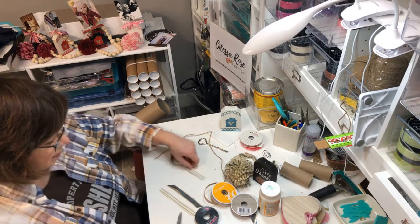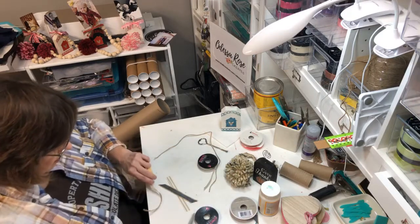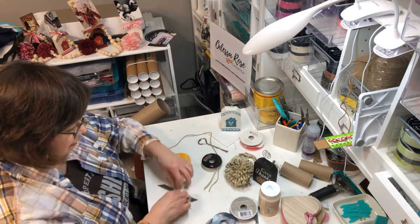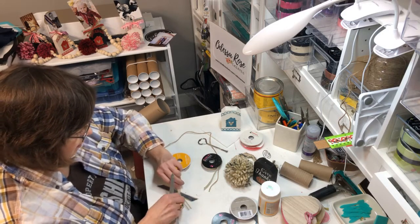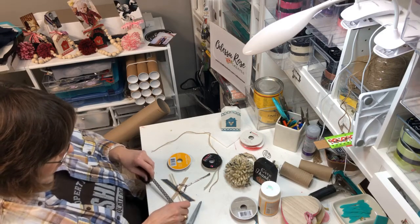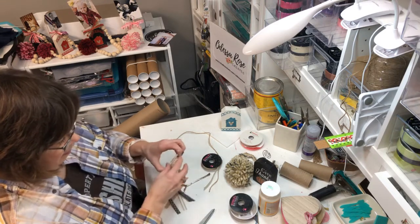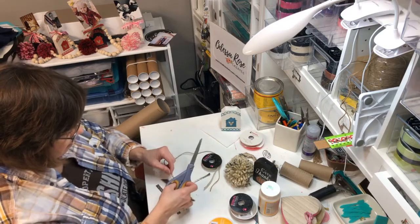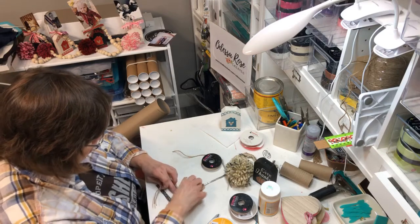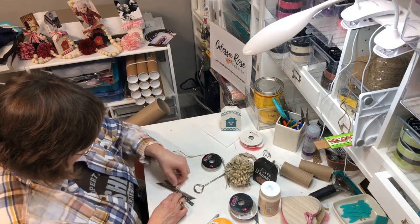Okay, so just cut some strips and just kind of X them as we go. I'm going to sit down. It's curly. Okay, and then we got another polka dot. Gray. And then I like to use some of my twine. So I'm just putting everything in X's. Cleaning those,